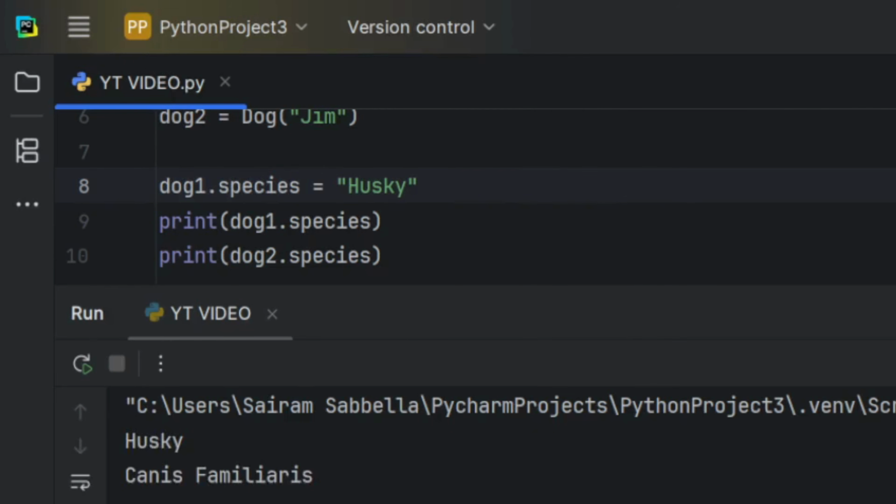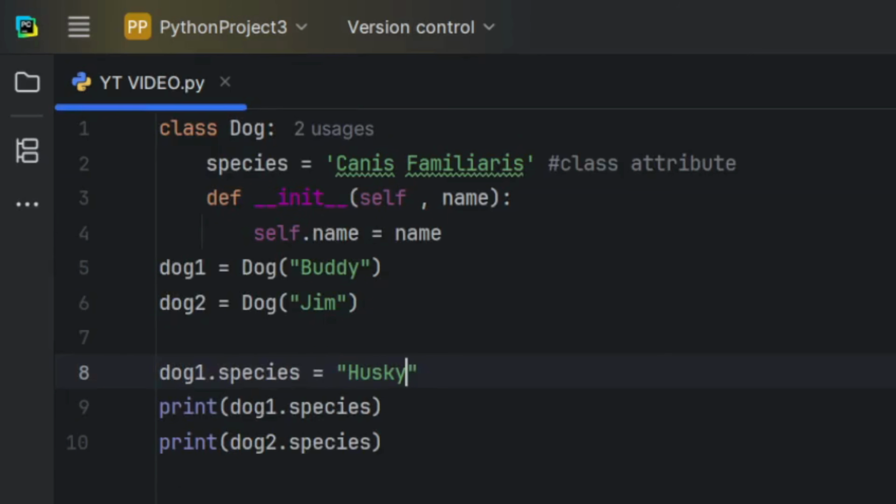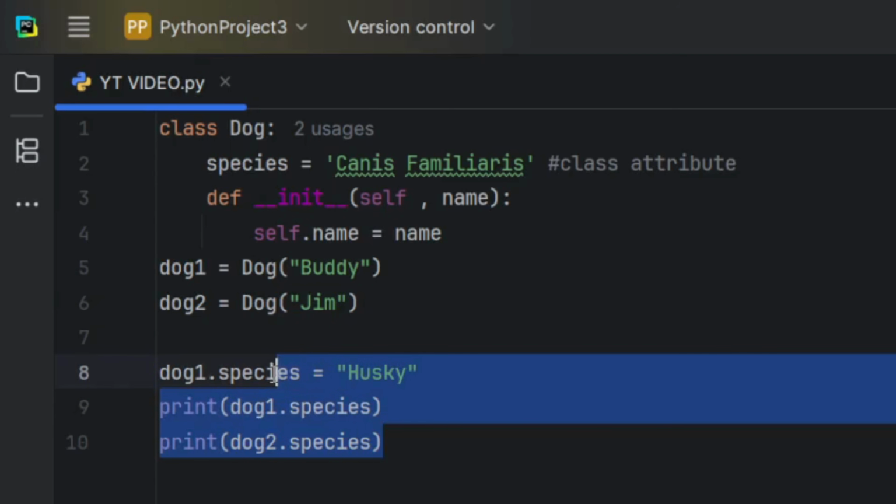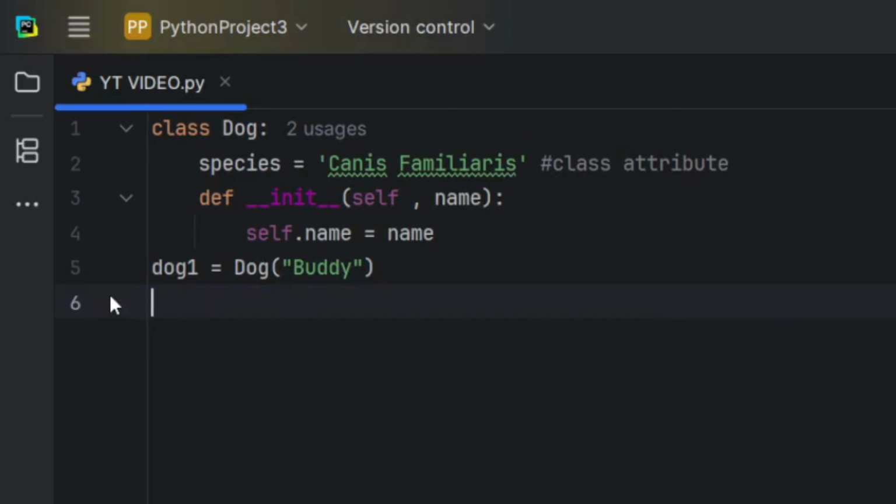How can you actually see the attributes of all of your objects? Well, this is where we'll introduce a new thing known as __dict__, the dict method. So how do we do it? For example, we have the same code as before, but this time we only have one object, and we want to see what are all the attributes of dog1.